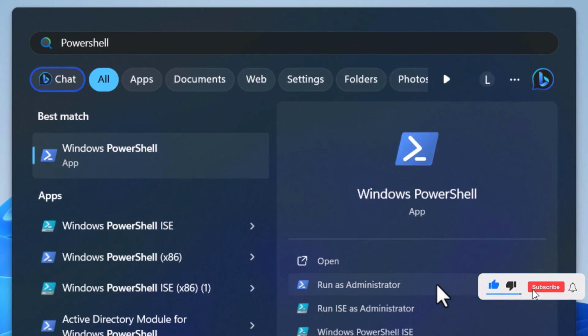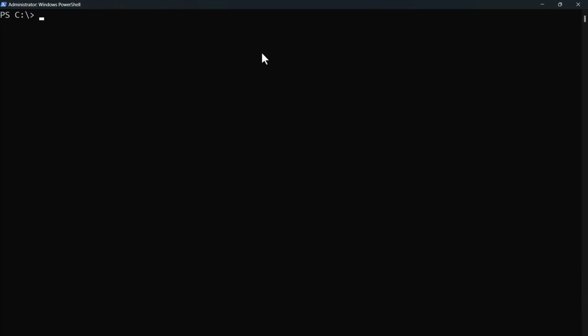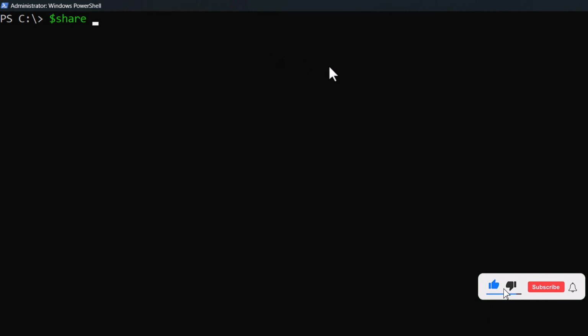Search PowerShell and run as administrator. Make sure you have logged into your computer as an admin account with full access to your folders or file shares. So I'm going to run a set of cmdlets on my file server, or you can run this on any Windows operating system. So I'm going to type $share equals